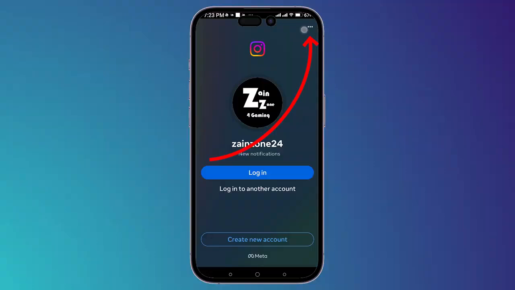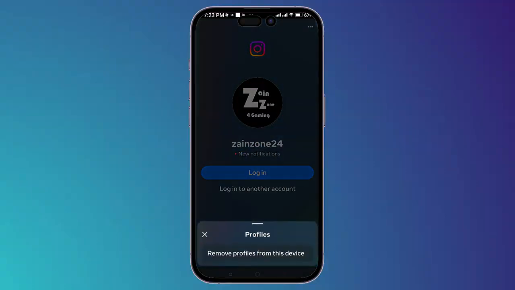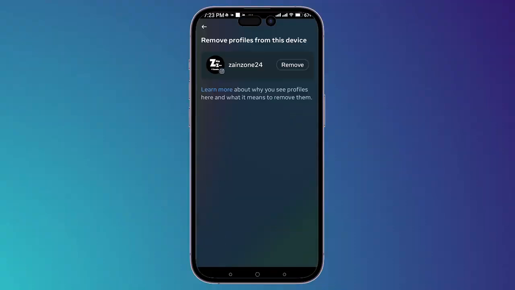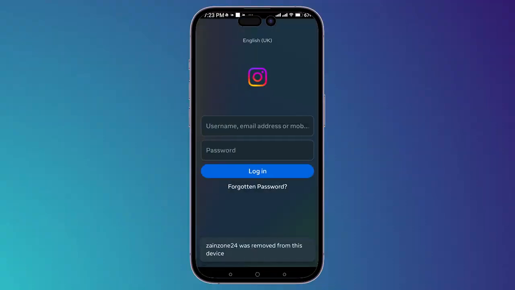Now you have to click on these three dots right here and click remove profiles from this device, then click on remove, then click on remove again, and now by this way you have removed the account from the account